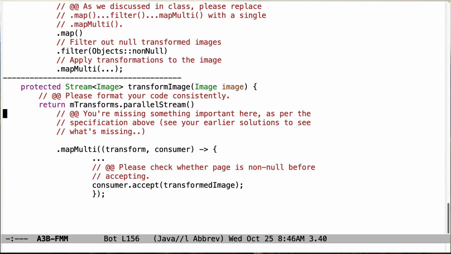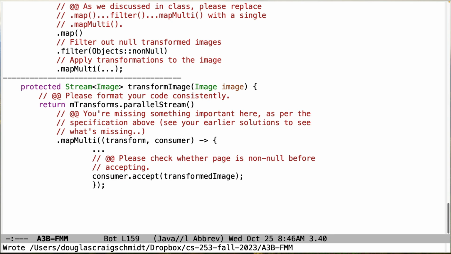Format the code consistently, and then something's missing here. If you take a look at the specification or you take a look at your earlier solution, then you will notice that there's supposed to be another call there. And also, please get in the habit of only calling except if the return value that came before it is non-null. So that will help make the code more robust in case there's weird things that happen. And I think the test cases hopefully inject weird things, so it should cause you to fail if you don't do those checks appropriately. Okay, so those are the main things to think about.